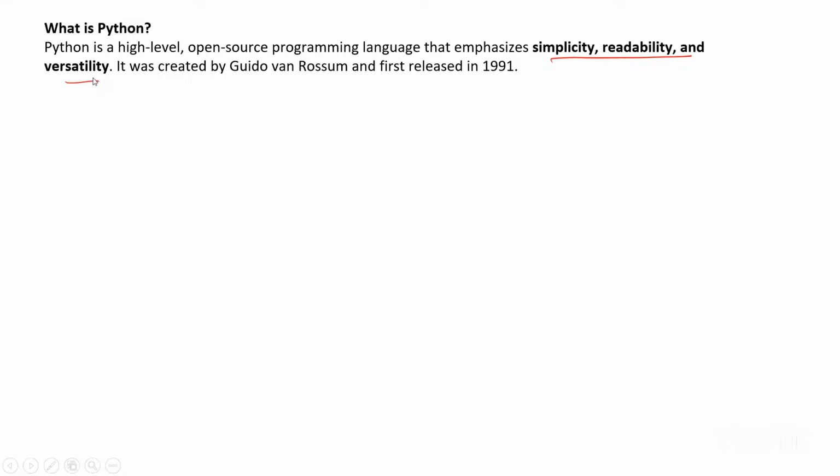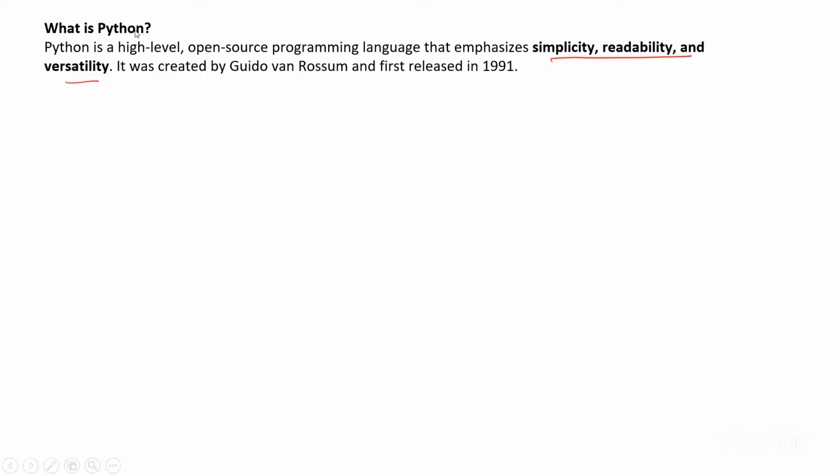Now, what is versatile is that it can quickly adapt to anything. If you want web development, you can work with it. If you want gaming, I will do it. If you want AI, I'll do it. If you want data cleaning, I'll do it. If you want data analysis, I have all the capability, whatever you want to do with respect to coding, I can quickly adapt to all of it.